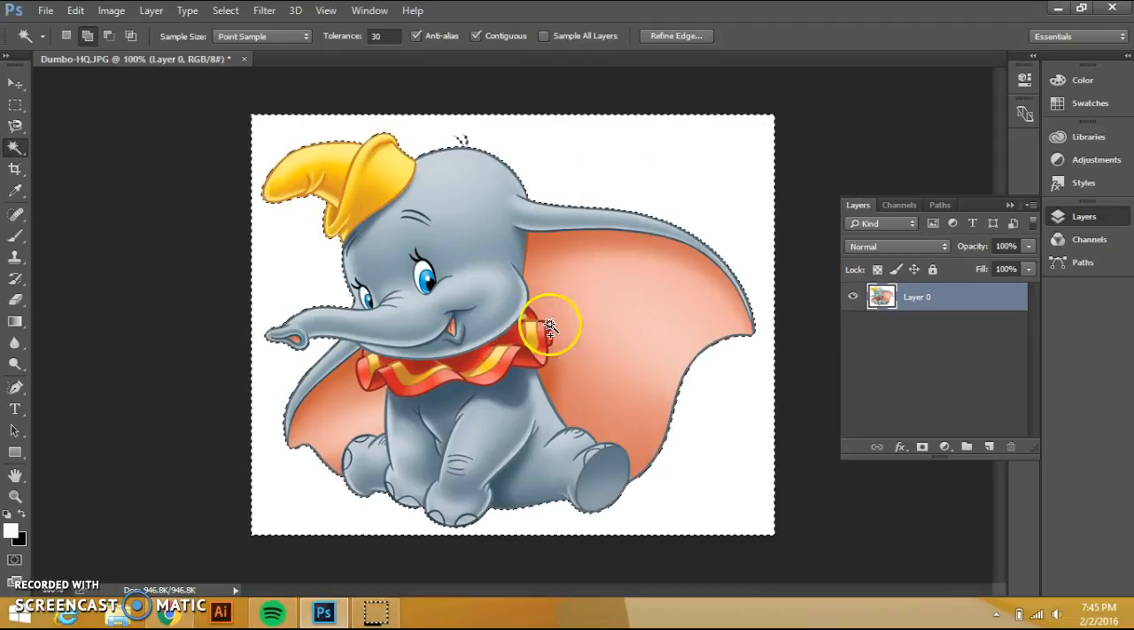If it doesn't select all the things that you want, you can change how much it selects by changing the tolerance. The lower the tolerance, the less it selects. The higher the tolerance, the more it selects. If it's not selecting everything that you want, make sure you're on this guy, and it means add to selection. So you'll keep adding and adding to that selection. Once you have this, you can press the backspace button,